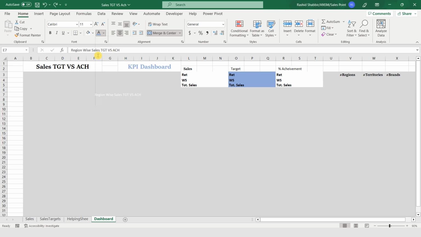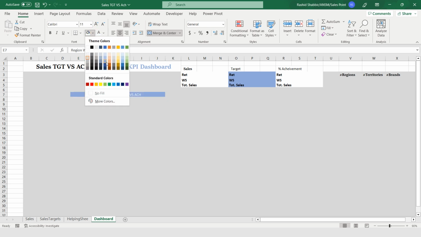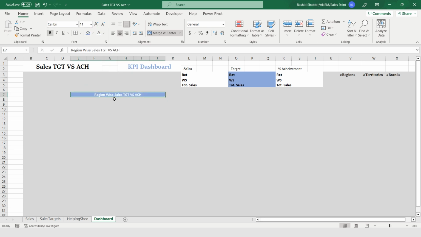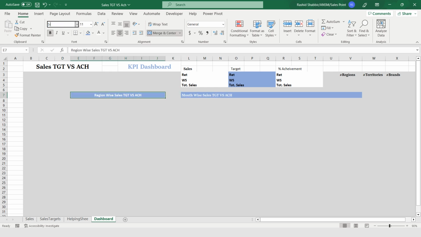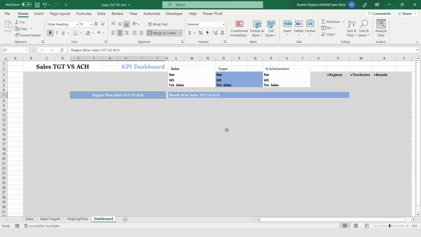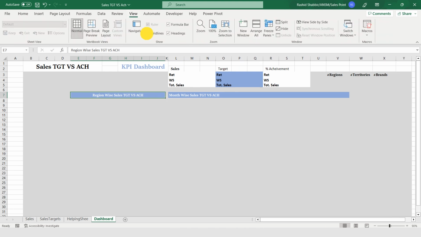The font color is white and the background color is this. This is looking perfect, and go to view, and I'm removing the grid line.